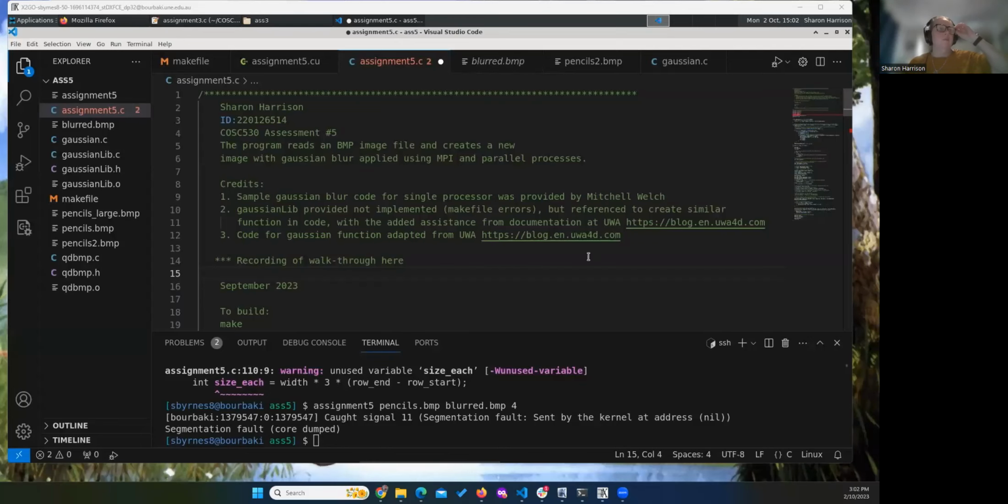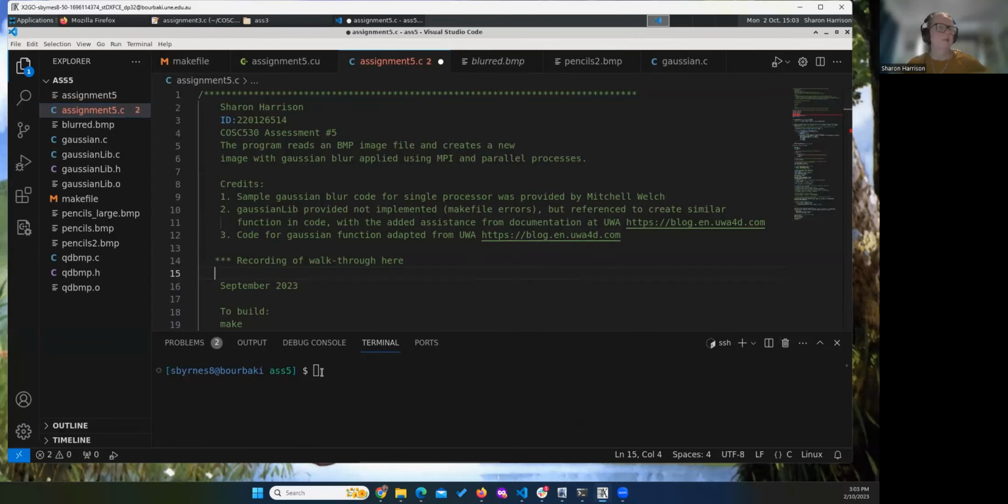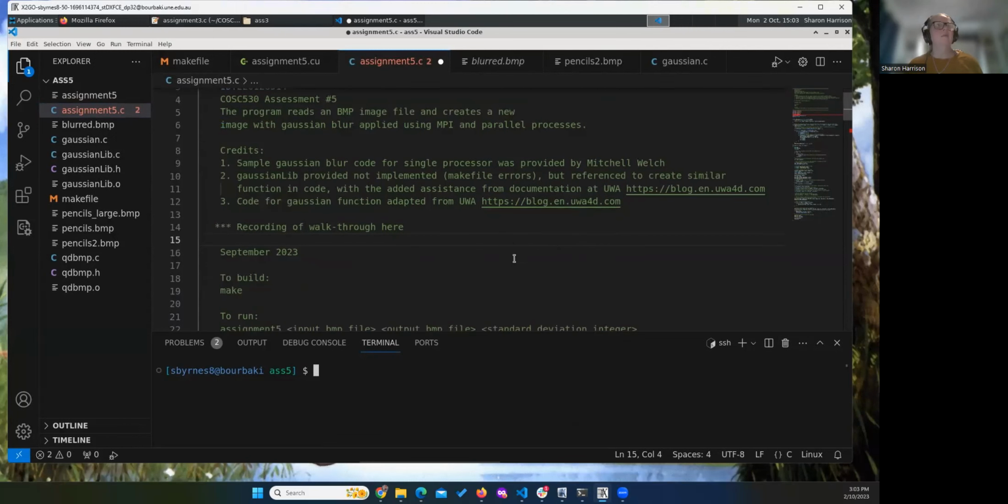Hi, welcome to my walkthrough of my final project, which is Assignment 5 for COS 530 and the Gaussian blur. It doesn't actually work. It has a segmentation fault when I run it, and I've spent quite a few hours trying to work out what I'm doing wrong, but I've kind of reached the end of the time commitments to fix it. So just to step over it, there are a few resources that I reference, including the one provided